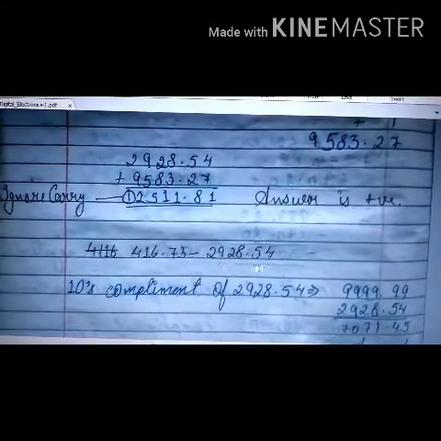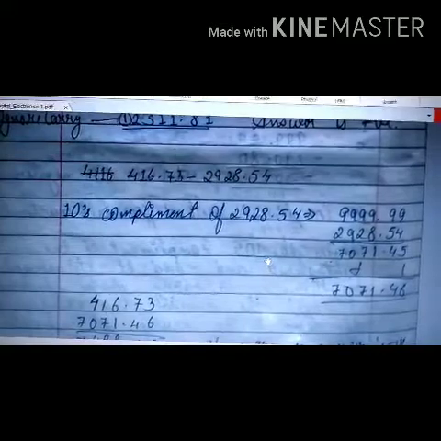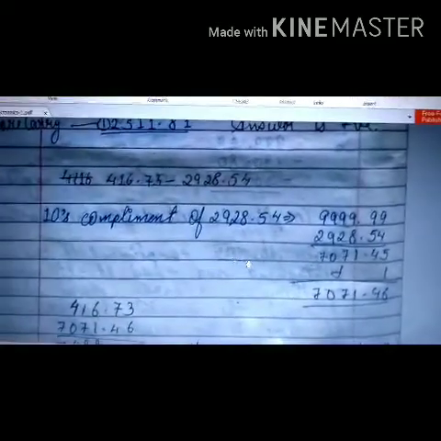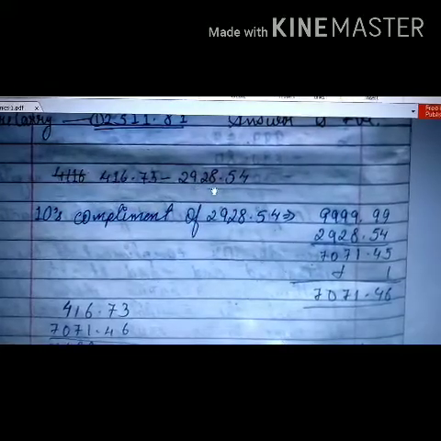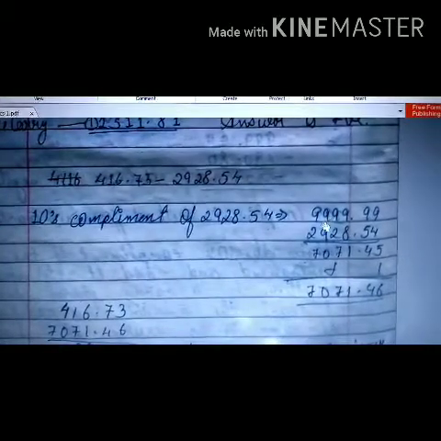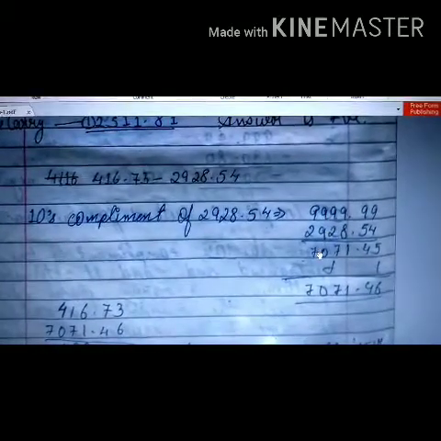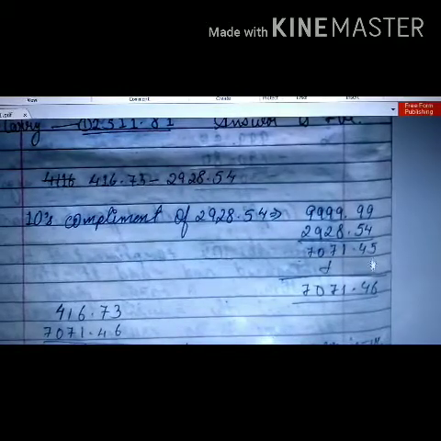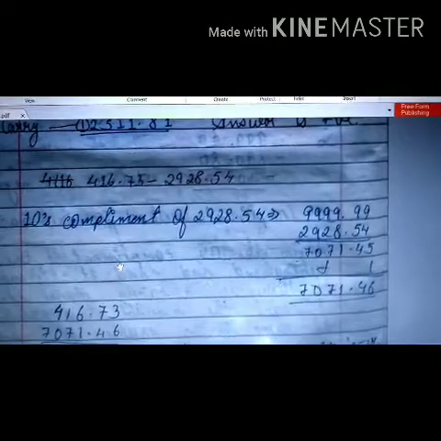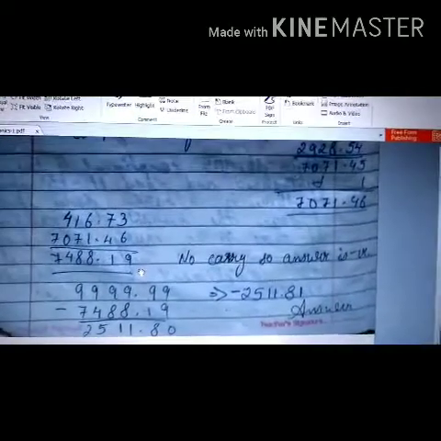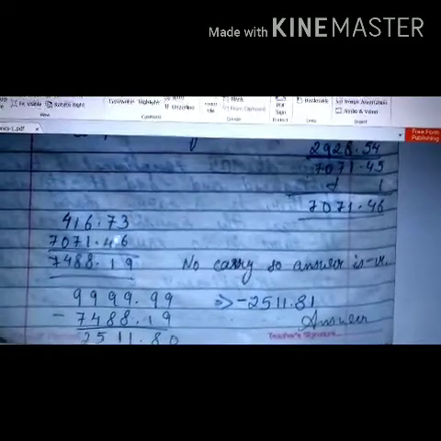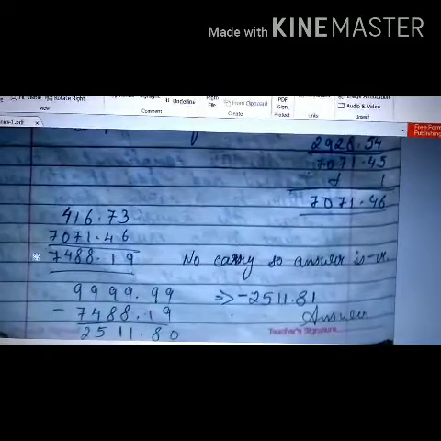Now this is my subtrahend, so I will take its 10's complement. Again, 4 digits is the biggest of all the digits. This is a 3-digit number, it is a 4-digit number, so I will be taking 4 9's here to subtract and get a 9's complement, to which 1 will be added, and we will obtain the subsequent 10's complement. Once the 10's complement is obtained, we will add the 10's complement to the minuend. If we add these two numbers, we see that there is no carry here.